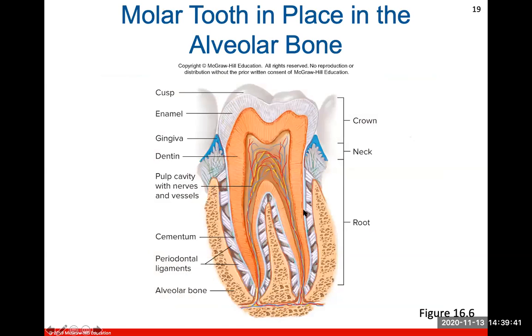Here's the anatomy of the tooth. The pulp cavity has the vessels and nerves in it. Here's the enamel with a cusp labeling the top of that, the dentin. The root of the tooth lies below the surface. The neck is the area between the root, and then the crown is the part of the tooth that is